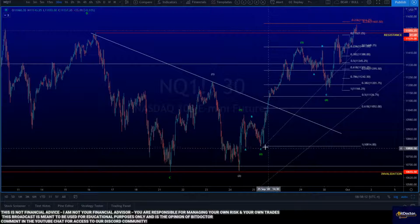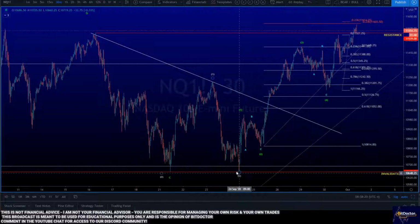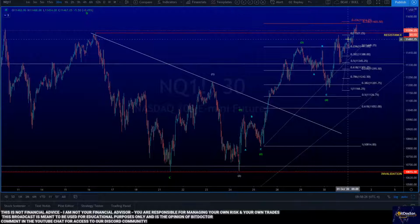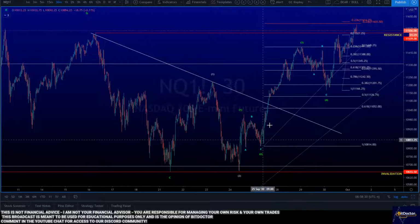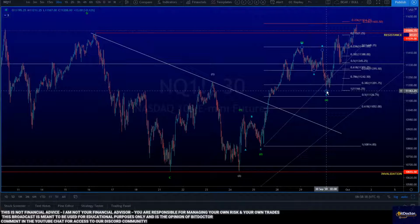But anyway, this ABC was clear for me that we were going to see a move up, and we did. Since it was off of a dominant pivot low here, I figured that we were going to be going up much higher, and we did. We entered basically one A, B, C into the 2, and then we work on the 3. Now, from the 3, what happened? We had an A, a B, and a C to the 4. So what do